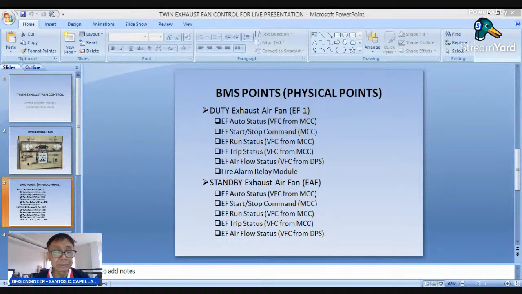wherein we can also get the fire alarm status. Now, if we cannot get it from this one, the fire alarm people will provide us the volt-free contact from their panel. Now, the same points will be associated with our standby fan. So I'm using here a duty and standby fan. Meaning the very first sequence of operation that we're going to use is